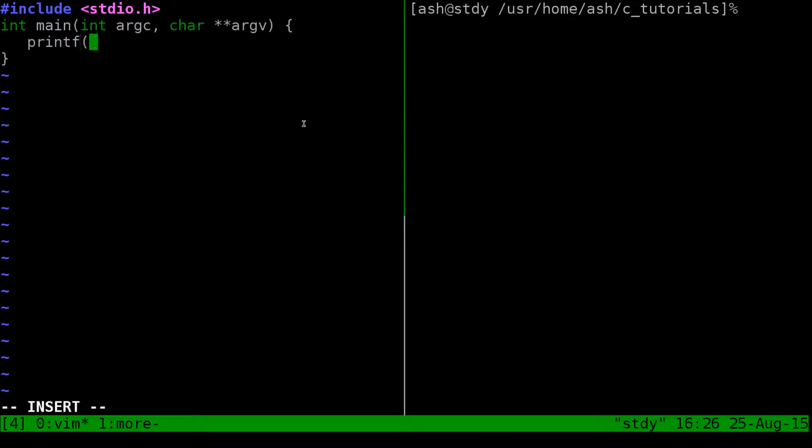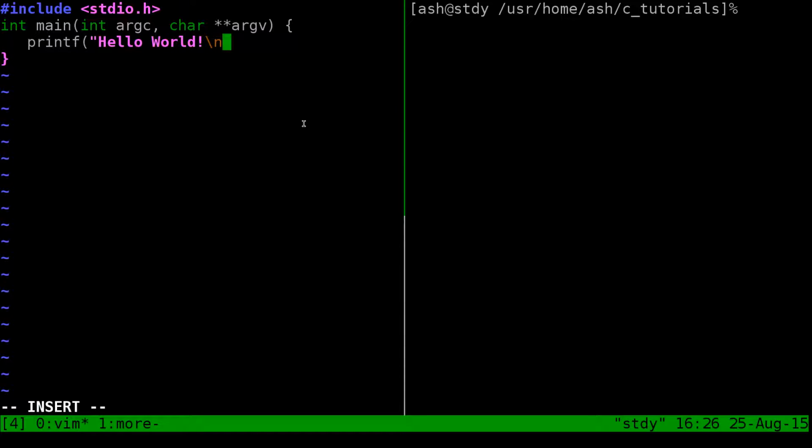So go back to your text editor, and inside the printf function, so we're calling the printf function, this open bracket here means that we're passing arguments to the printf function. I'm going to talk all about functions in a future episode, but let's just get ahead and write our first program. Type in whatever text you want. Hello world is the classical string with an exclamation mark after it, and then we need to do \n for a new line,